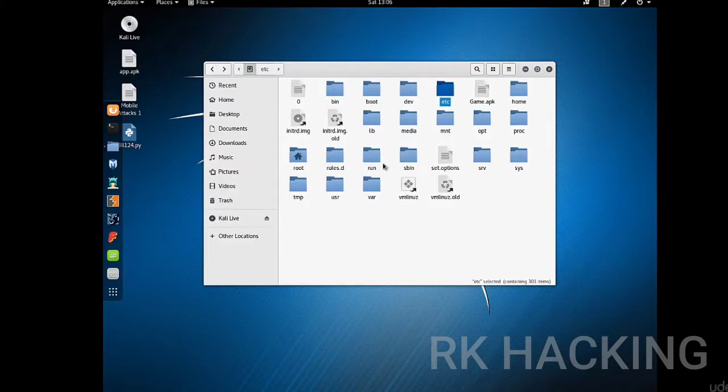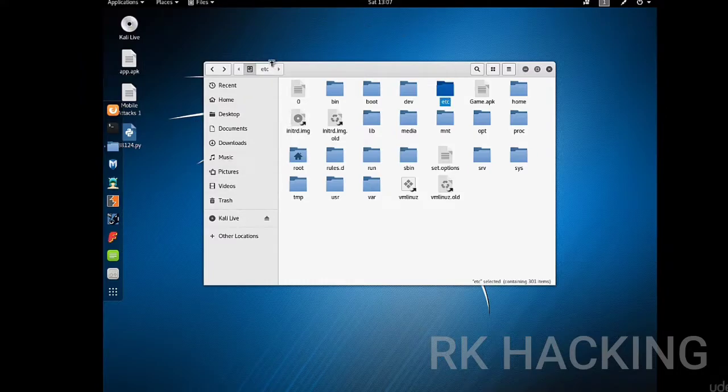The mount, the var for instance, has all the logs. So you need to go through the basic structure of Linux to be aware, because later on if you need to check a log that has some error, you will be checking in the var folder. If you need to go through some configuration file, you need to go to the etc, and so on.